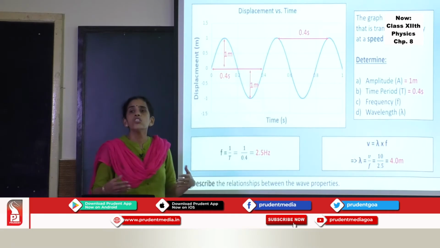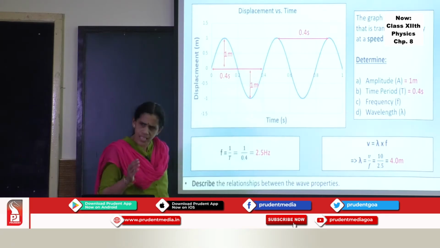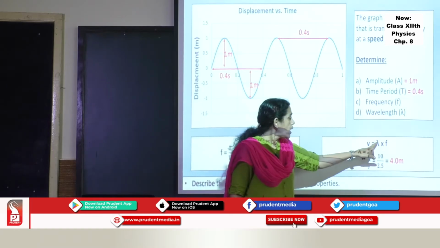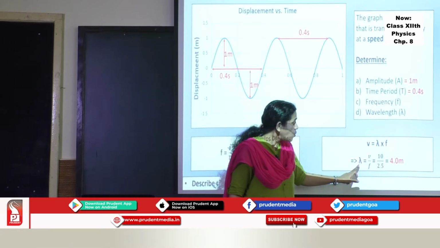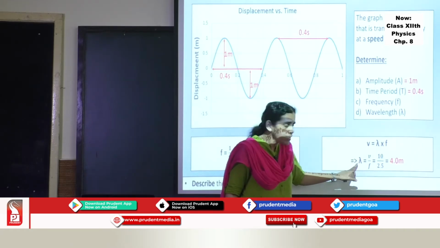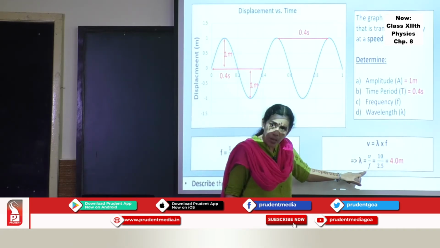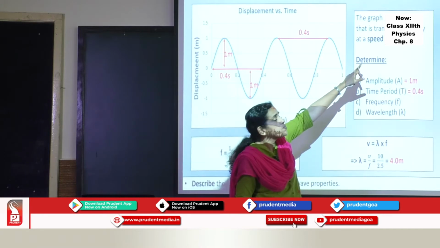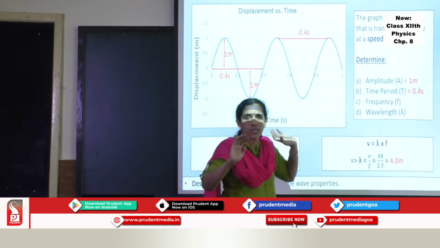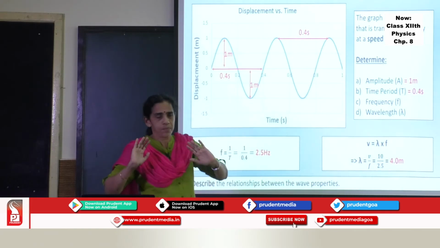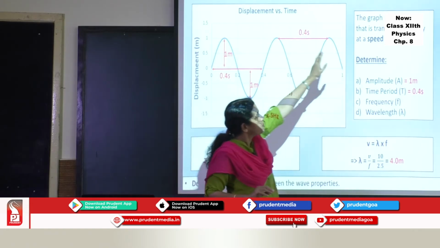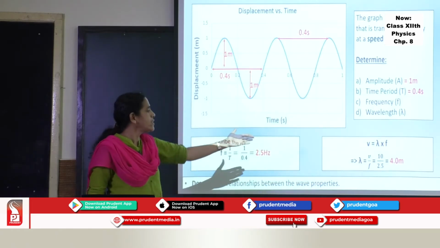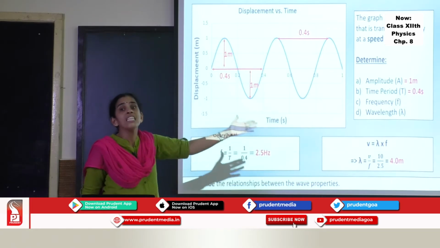Then, the velocity of the wave, the speed of the wave. This is last year's knowledge, just a revision. Velocity is equal to lambda into frequency. Therefore, the wavelength lambda is velocity upon frequency, and here they have written the speed of transferring energy. Basically, wave motion means transferring of energy. If speed is 10, you get 10 upon 2.5, so the wavelength is 4 meters.